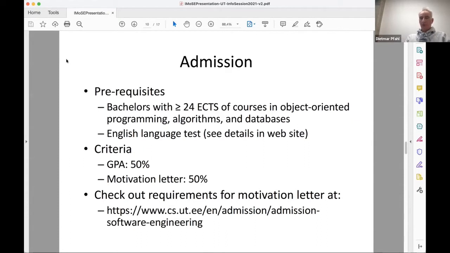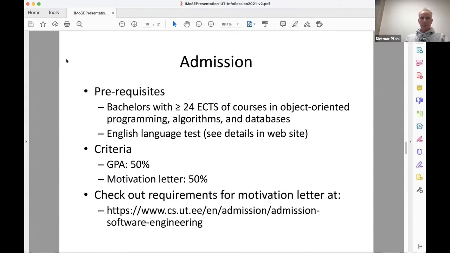So then you have to write a motivation letter, and that is quite important, as Eero already pointed out. The contents, I think, for our software engineering motivation letter and the one for computer science are in principle the same. There's not much difference. We really want to know what you have done, what you know. If you have industry experience, please write it down. If you can show us code that you have developed, that's even better.